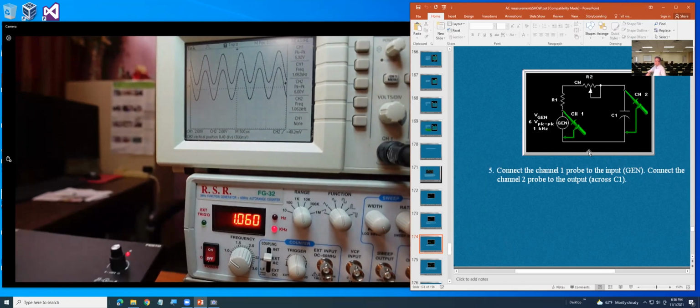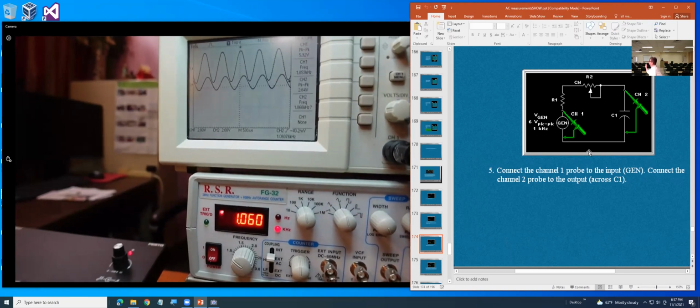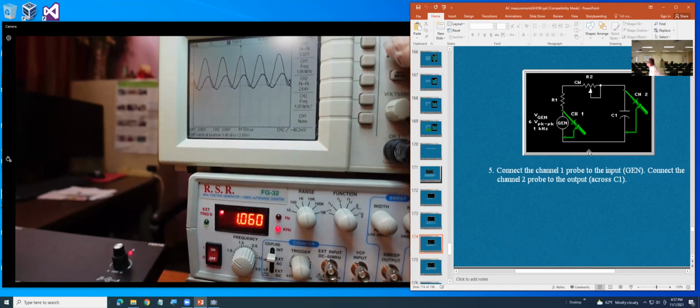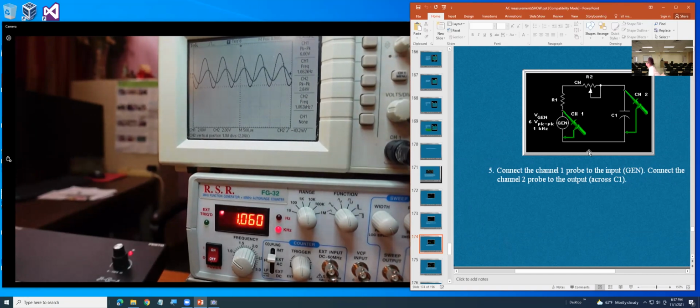Okay, so if I turn on that one here, let's see. Then you can see the signal. This is channel 2. This is channel 1. So basically you can see